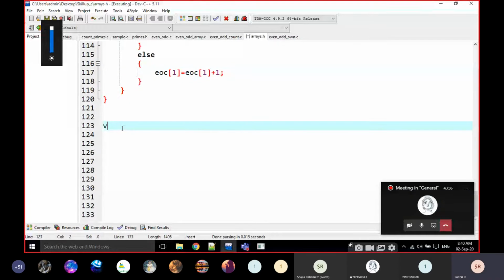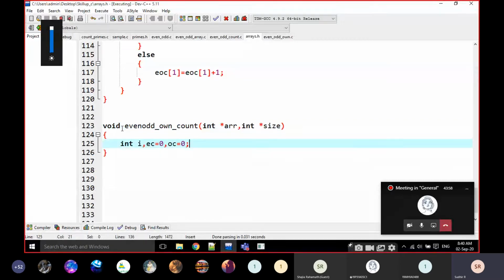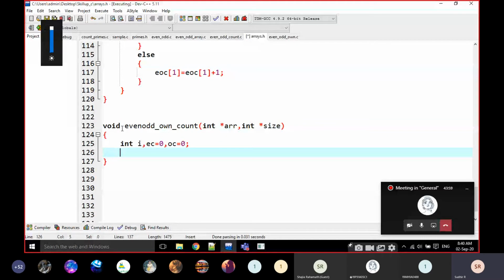This is also void, and this is the function definition: int star arr, comma, int star size. I am going to develop two variables here, ec is equal to 0, comma, oc is equal to 0.